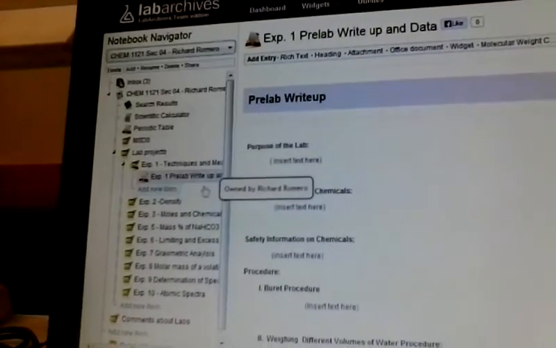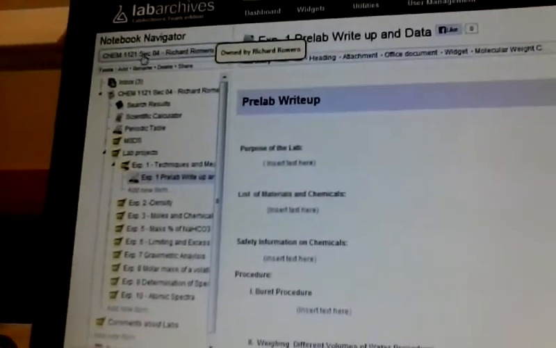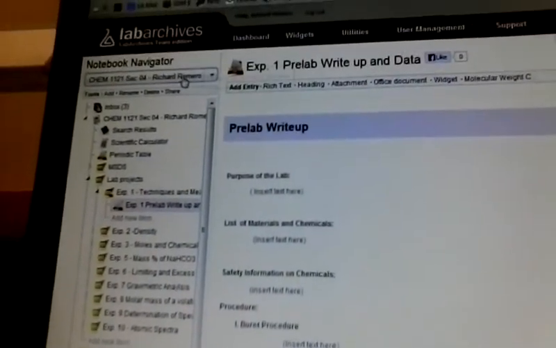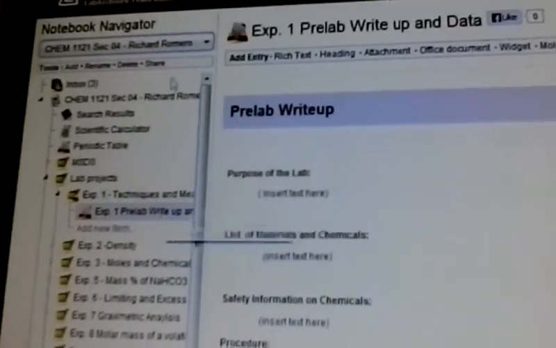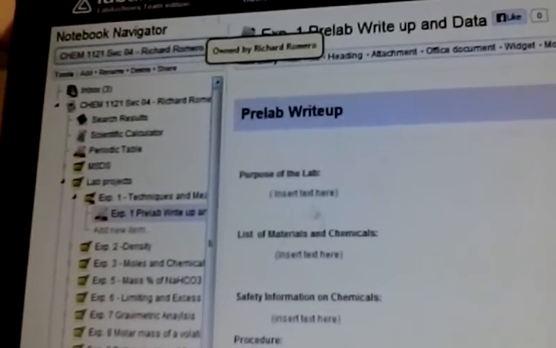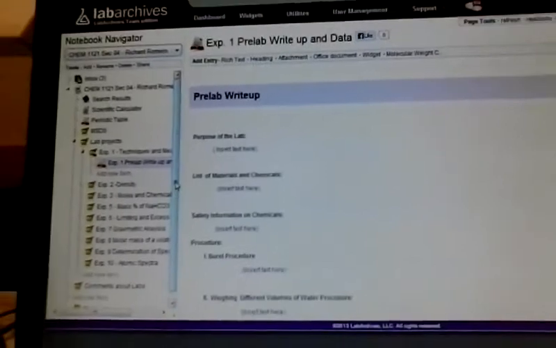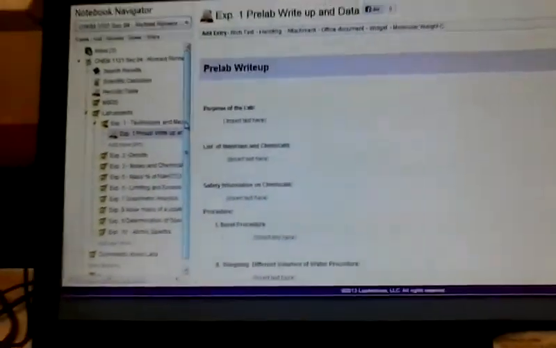I hope that was clear. So, just remember to look for the appropriate notebook through the Notebook Navigator drop-down menu after you share. And then, of course, revert back to your notebook so you're not making changes to your colleague's notebook when you're supposed to be making them to yours. Now, important point here, as I understood at the beginning,